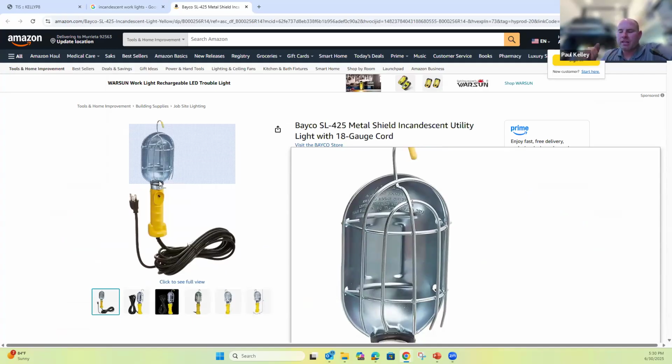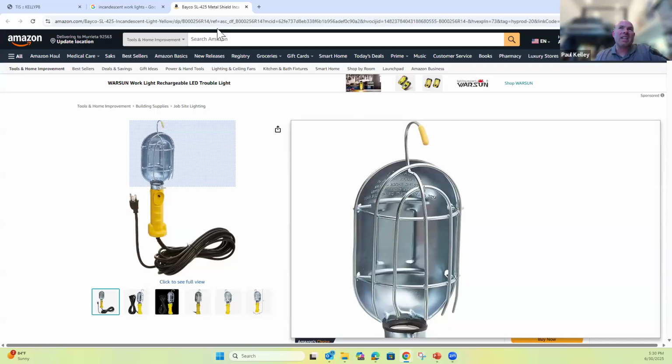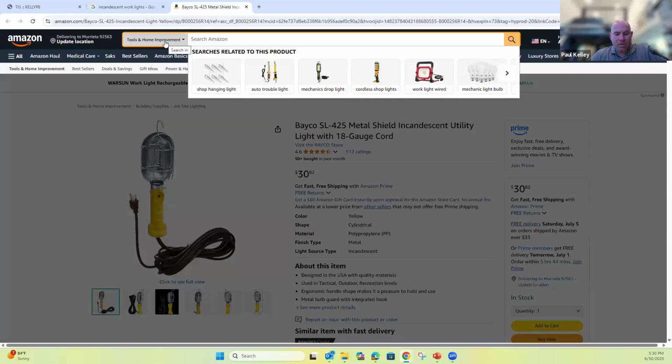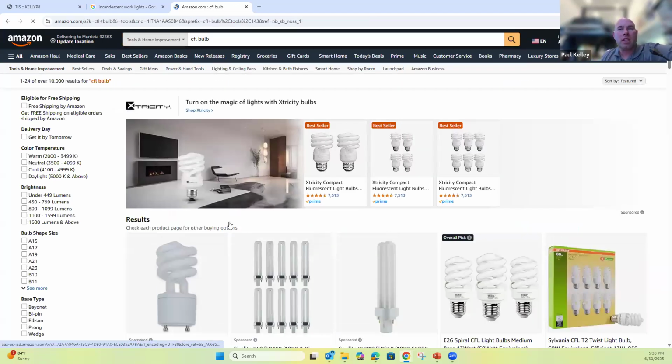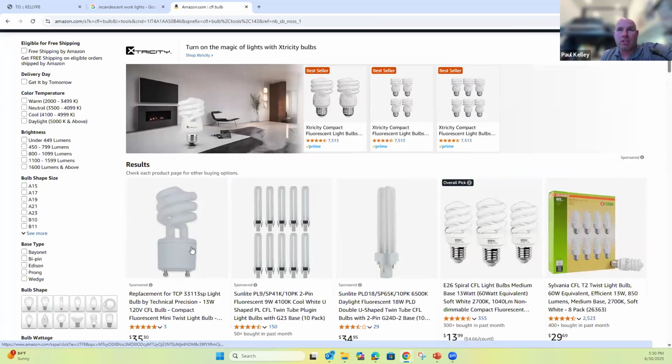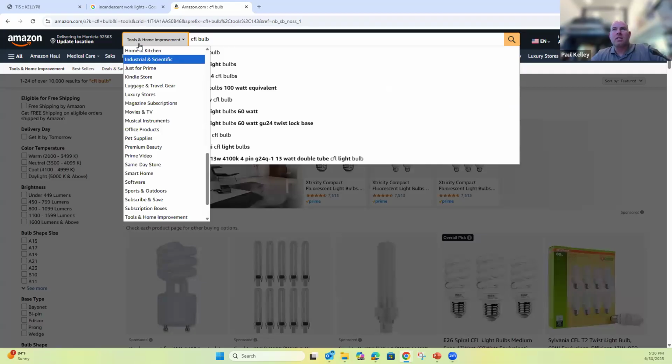It's not your Streamlight. It's not your Matco Stinger. It's not your whatever. It's not your Amazon LED. An LED is not the appropriate type of light to use. Cool. Incandescent. That's like the old school bulb. Make sense? And not only that, it's not even a CFL bulb. If you know what a CFL bulb is, that's like the Christmas tree, the ice cream cone looking light. That's not what you're supposed to use. You're supposed to use incandescent